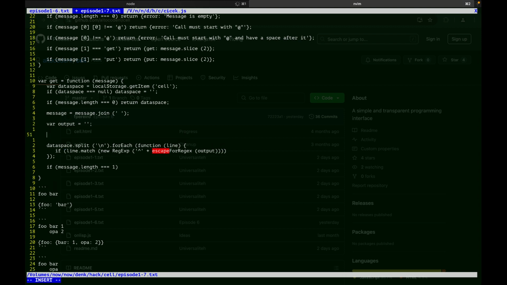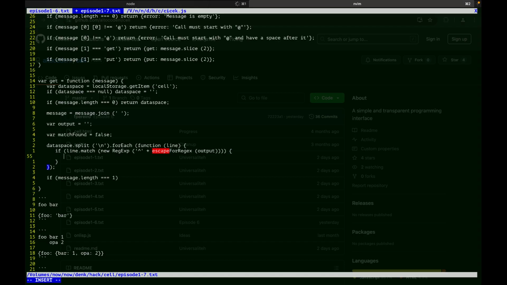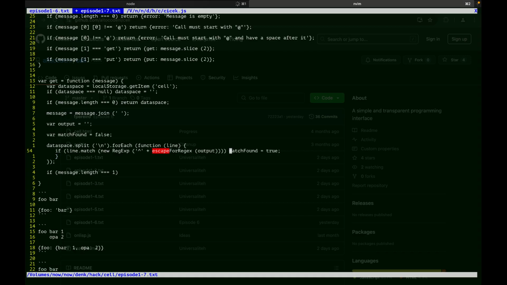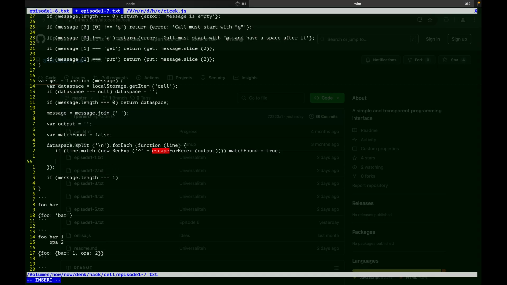so we're going to do this using state, which is match found is false. If we find a match in this line, this is the first match that matches everything. So for example, I pass foo, and then the line that I just found has a foo in front, and everyone's happy about it. So what do I do? I say match found equals true. Then I push, wait, because I need to reuse the logic. And I'm going to do it in a single line to piss off people, because that's how I roll.